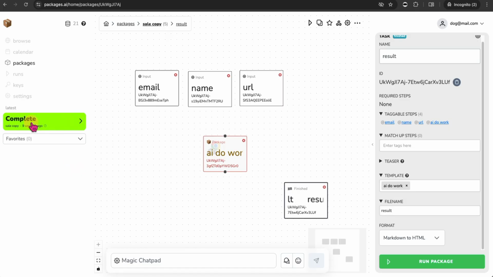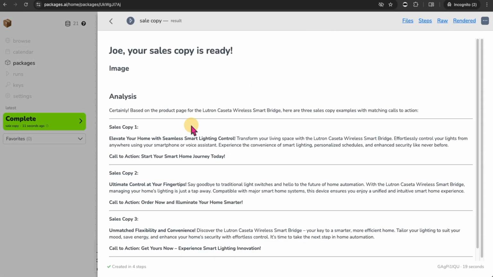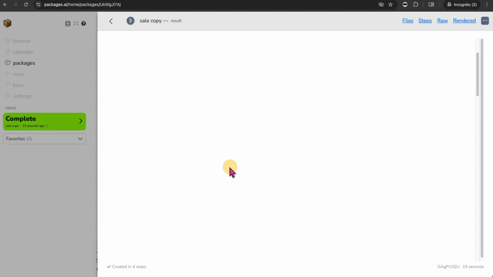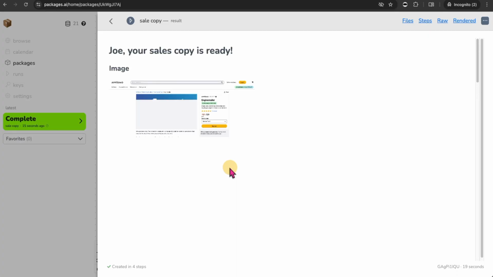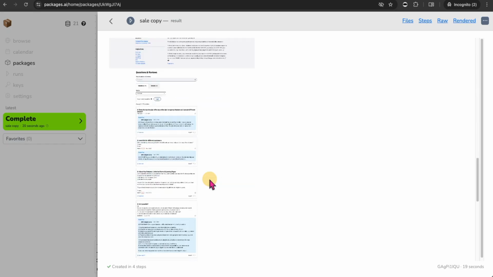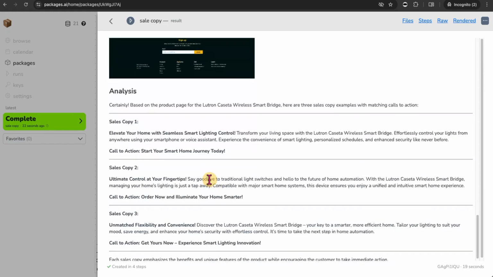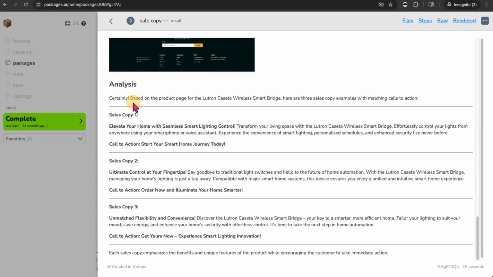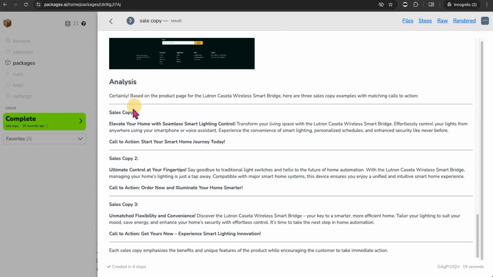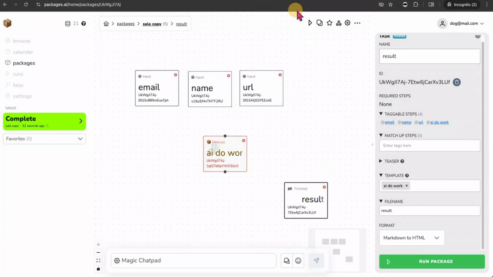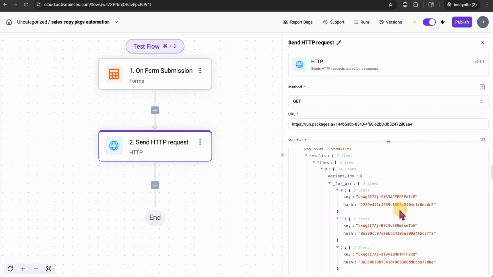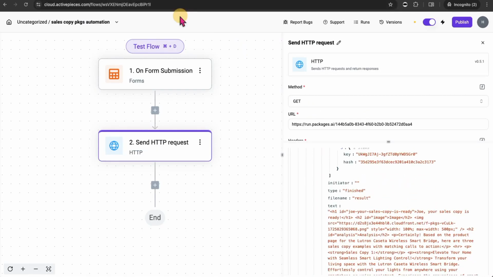Right. And if we come back here, the automation has been completed. So this is the screenshot. Okay, and what is this? The sales copy 1, sales copy 2, sales copy 3. Okay, so now what's missing is